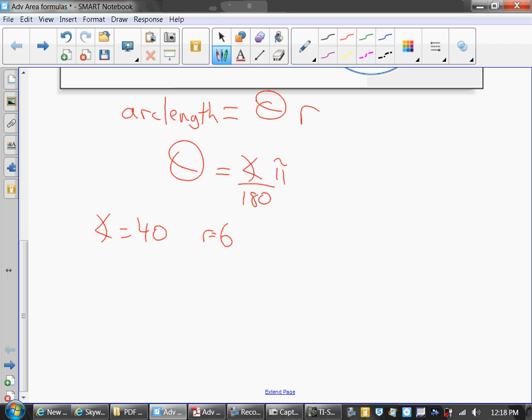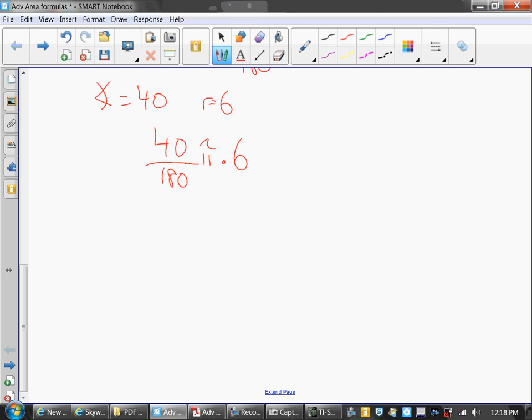Just for a quick example. If I'm giving you the angle in degrees, that means we have to convert it to radians. So that becomes angle over 180, slap a pi next to it, times 6. You agree? Now, if you have forgotten completely how to simplify fractions, which you have,